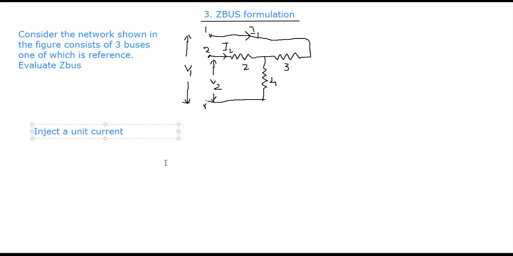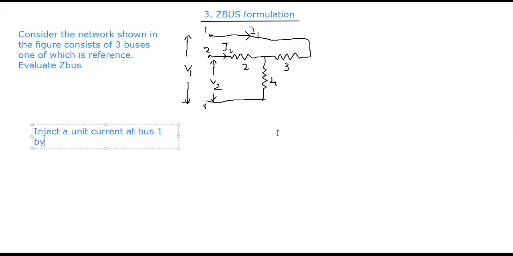Have you completed? Now look at the solution that I am going to use for determining those Z parameters. In the given problem, you will have three buses, out of which the first one is the reference, and two voltages and two currents are given. That means you will get two algebraic equations for determining those parameters, right? Now, inject a unit current at bus 1. This is the solution. You need to follow exactly the same in your question papers also.